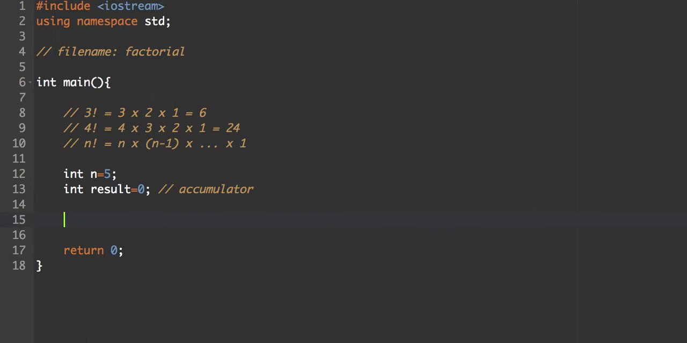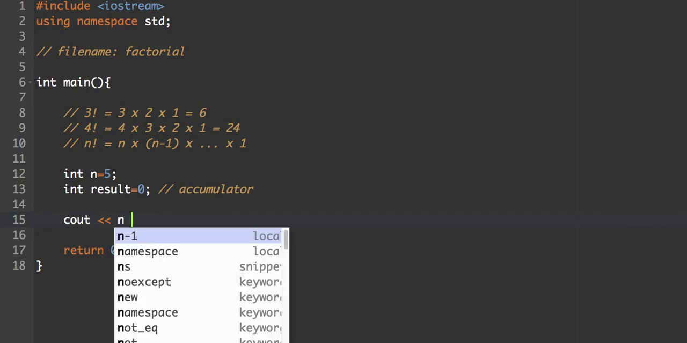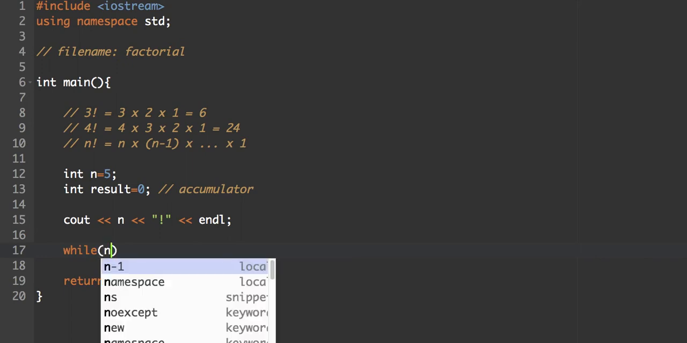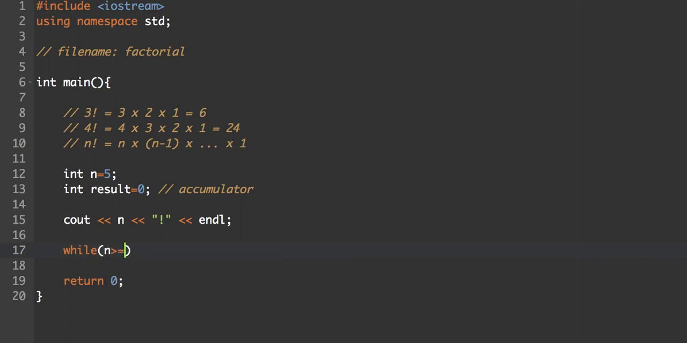So what we're going to do is first display what our problem is. So we're going to put n factorial, and then we'll put an endl here. And then we're going to write our loop. So potentially, I guess the loop could be so small that we wouldn't run it. So I will start this as a while loop. So while n is larger than or equal to 1,